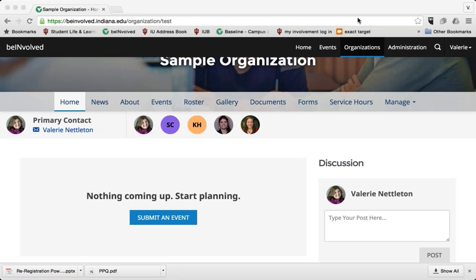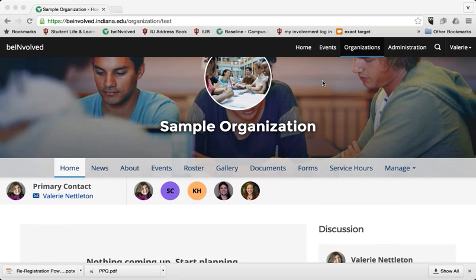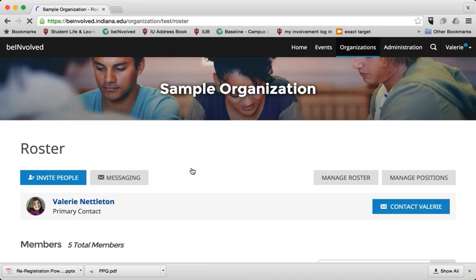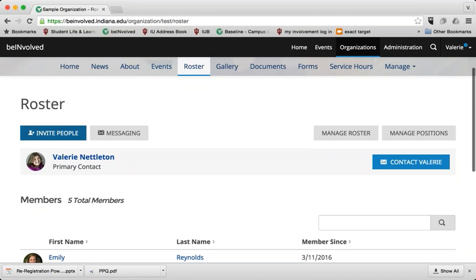So we're going to take a look at how to add and remove members from your organization's roster. To do that, you're going to want to go to your organization's profile page, and we're going to click on the roster tab right here in that menu bar just under your organization's name. Once we click on the roster tab here, to add people to the roster, we're going to use this blue